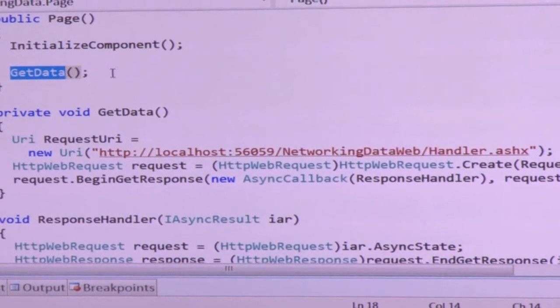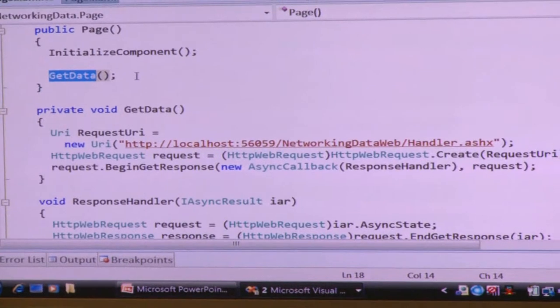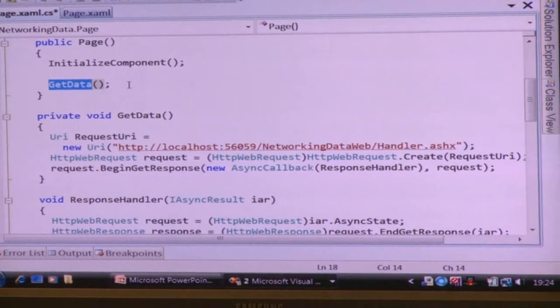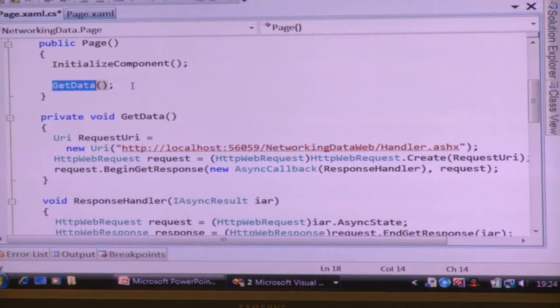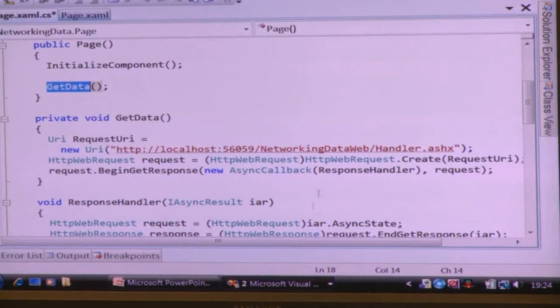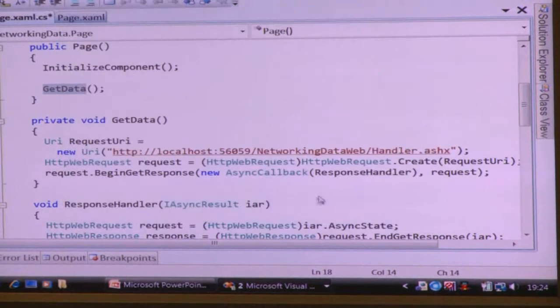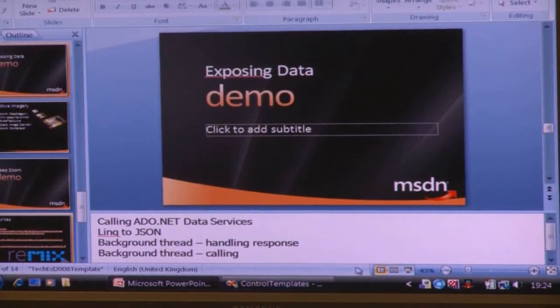That wasn't possible in Silverlight 2 Beta 1. So you can make calls on background threads, and you will get called back on background threads, and you need to be aware of that. Okay, after that small deviation into the world of data services, let's get back to the